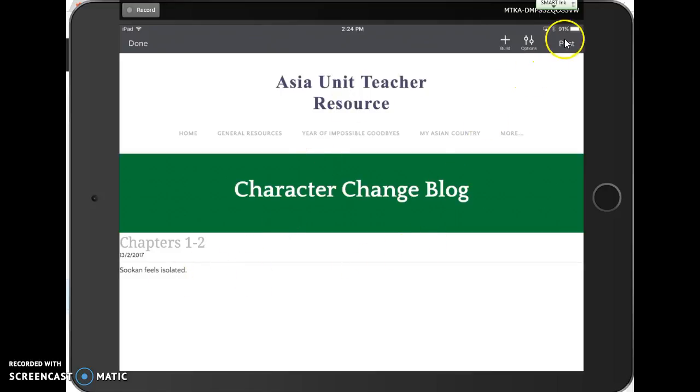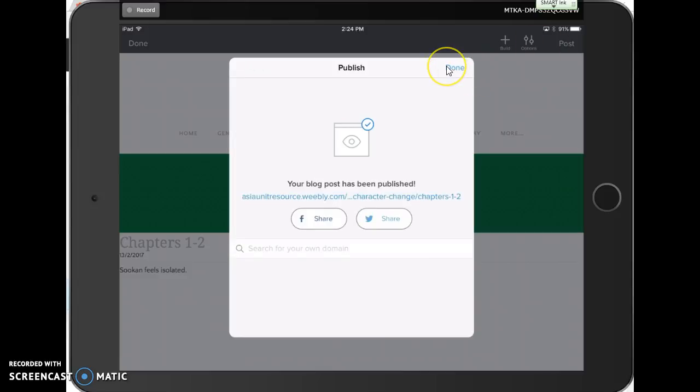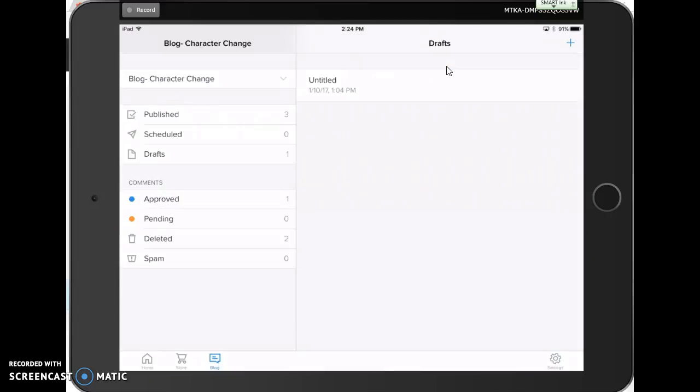And then when you're finished, you can go up to this Post button in the top right hand corner and hit Post. And then make sure that it goes through all the steps here. Make sure that this processes the whole way through, and then you can click Done. If you follow both of those steps, it should make sure that your work is saved and you shouldn't have lost anything. Now if we want to check out that blog post, we'll go to Home, go to Edit Site,